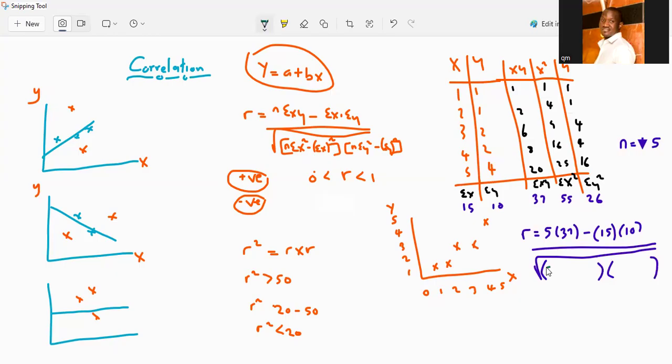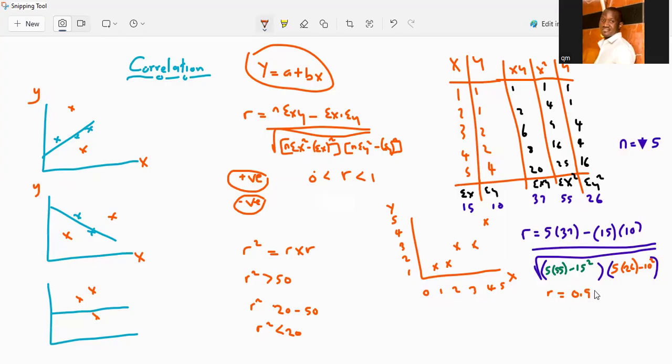And the x squared is what? 55, minus x to the power 2. So 15 squared. Then y, our n is still 5. Then y squared is what? 26, minus y to the power 2, which is 10 squared. So our R, when you calculate properly, we're going to get